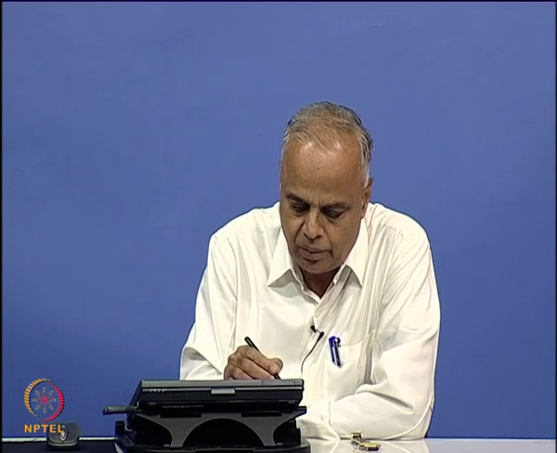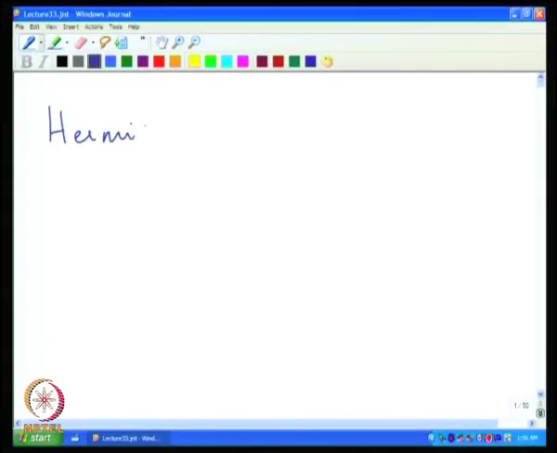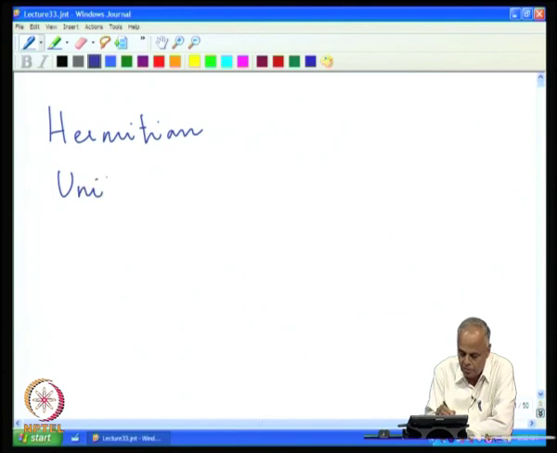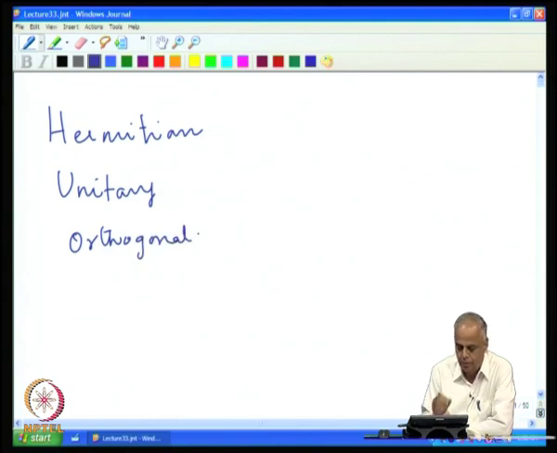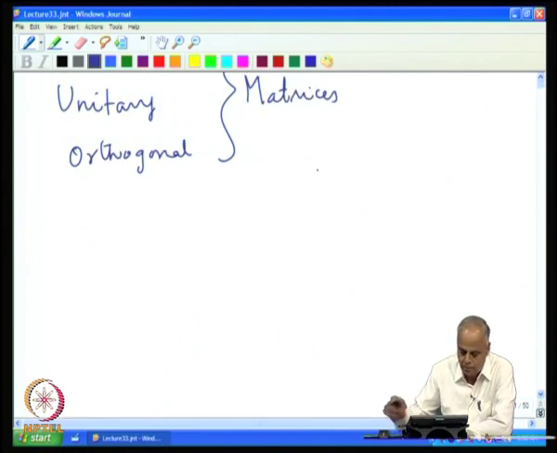In the last lecture, we introduced the notions of Hermitian matrix, unitary matrix, and of real orthogonal matrices. These were the three important notions that we introduced. Let us recollect. Suppose A is an n by n